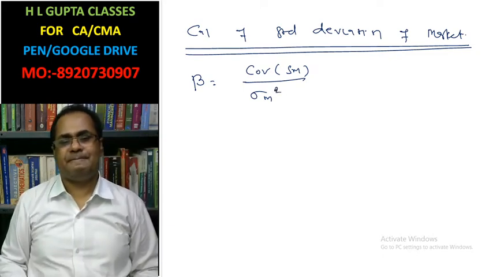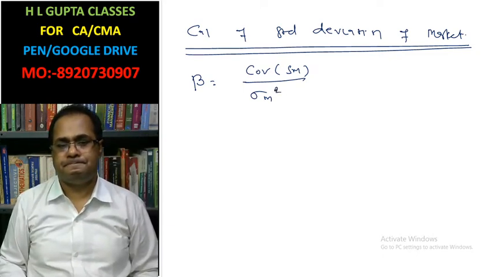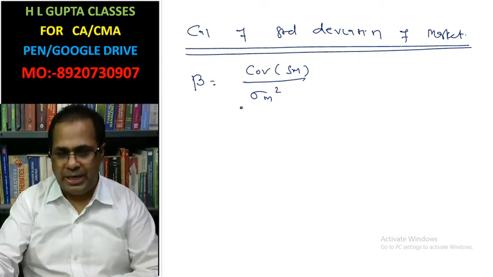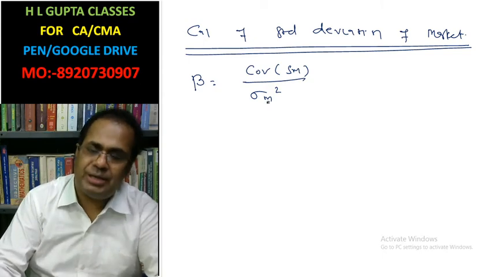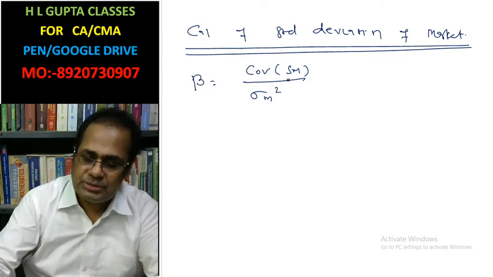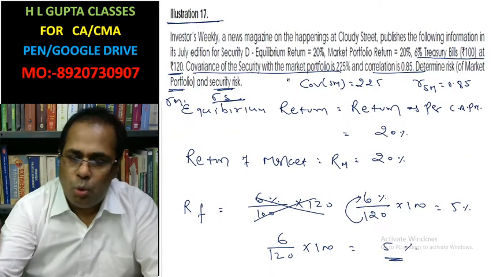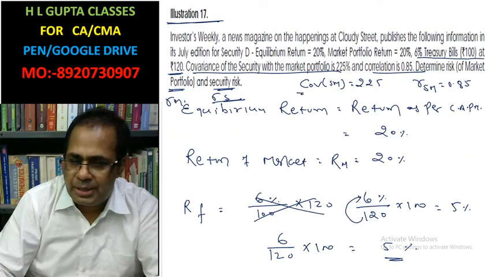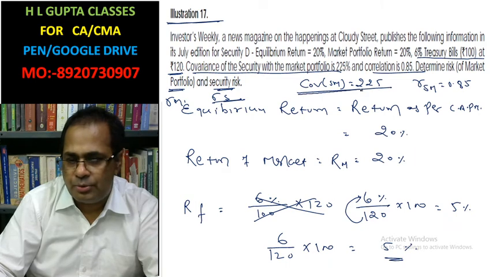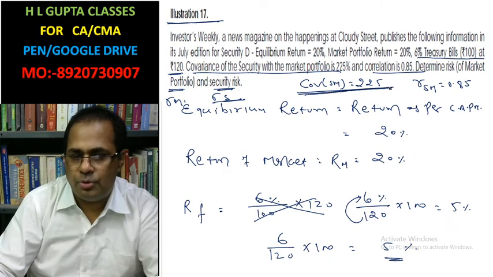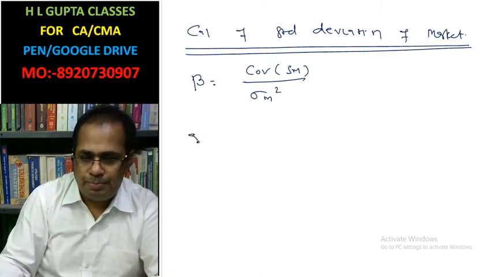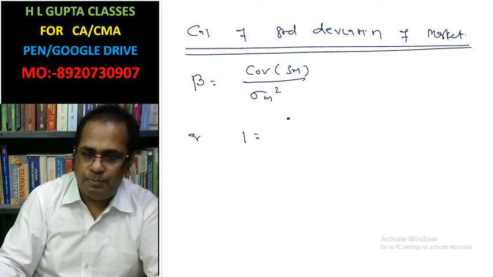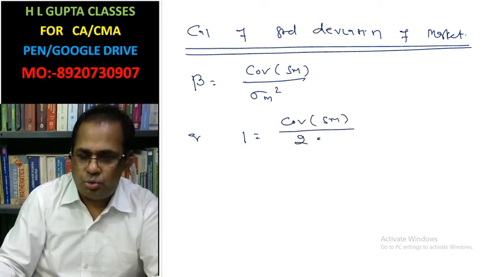You can write this. Now we have beta and the covariance of security and market. We can calculate the standard deviation of market by using this formula. What is the covariance of security and market? It is given as 225. You write here, 1 equals covariance of security and market, 225,